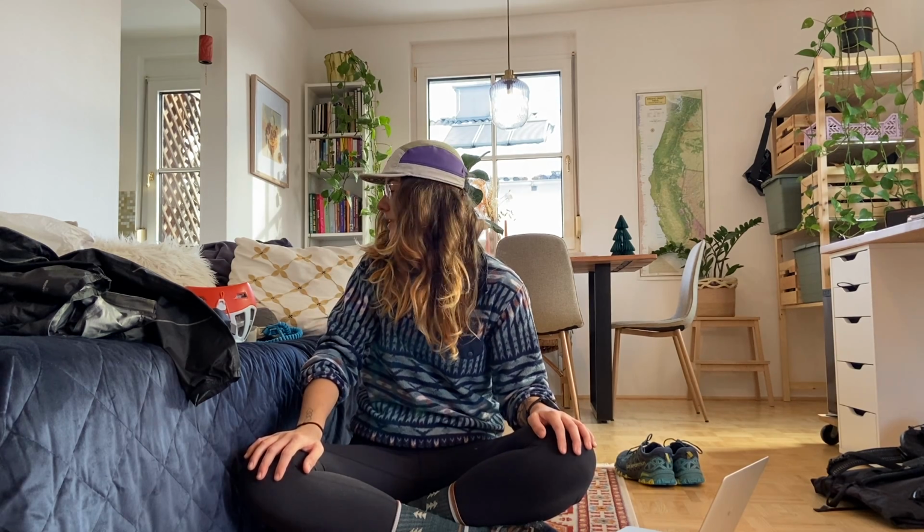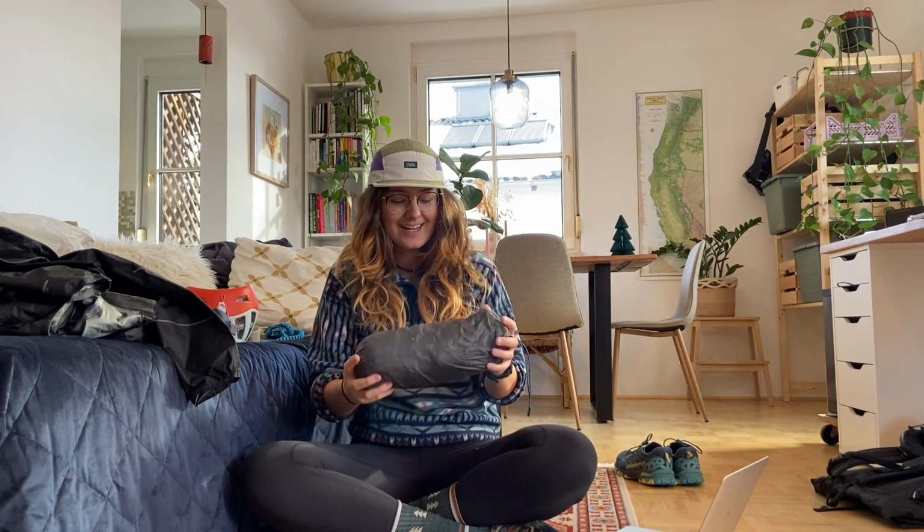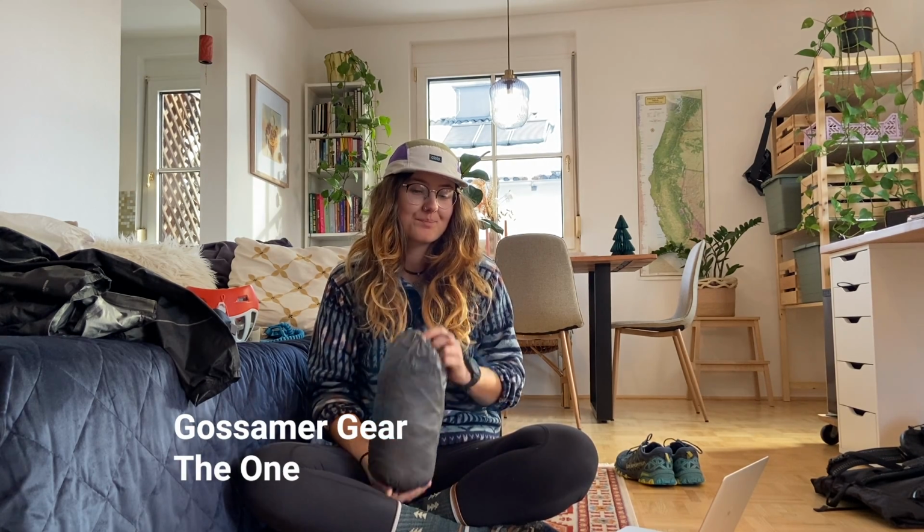Looking at you, Gossamer Gear tent. I have this Gossamer Gear one, which I bought for a really good price. It was probably around 200 euros, not even, a little bit over $200. But